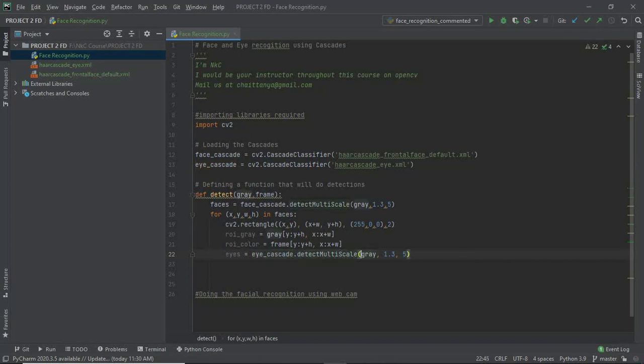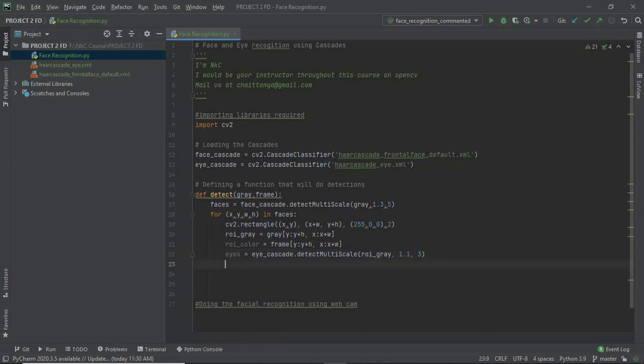And I will change gray to roi_gray, and I will modify these values to 1.1. Here we go.